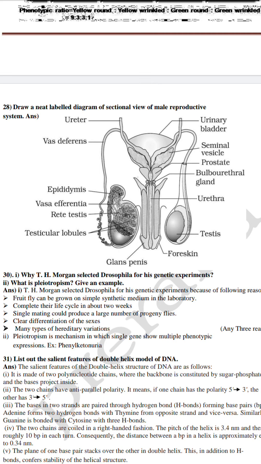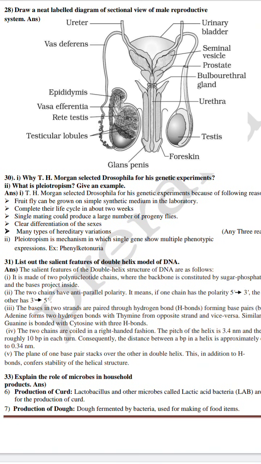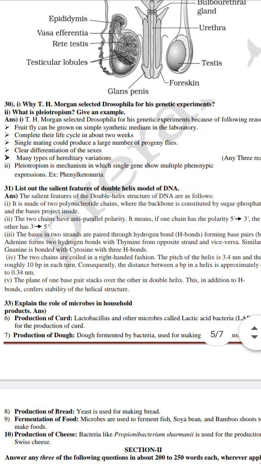So from this chapter there is a chance that they will definitely ask a diagrammatic question for 5 marks, exclusively a diagram for 5 marks. So draw the diagram very neatly by using pencil, and label the parts very correctly, so the diagram can be impressive to allot you 5 marks. Understand? So follow the instructions, students.